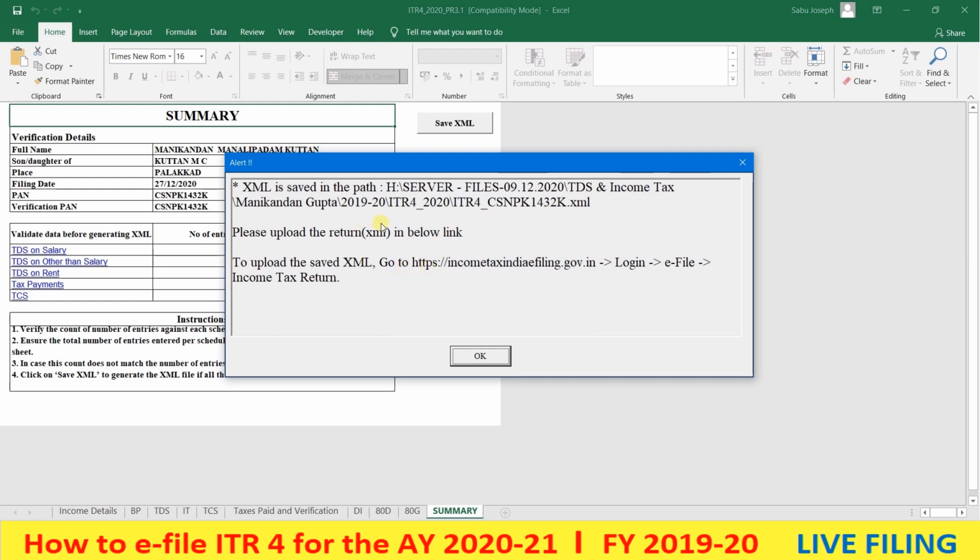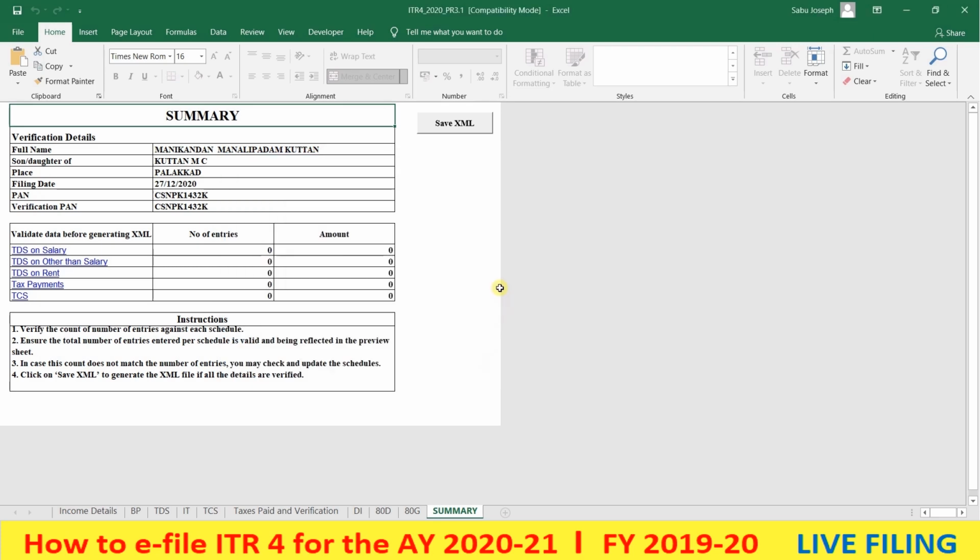The file is converted to XML and the path where it is stored and everything is showing, and it is asking to upload the XML, go to the income tax India e-filing.gov.in, login, e-file. Now our file is ready for upload.